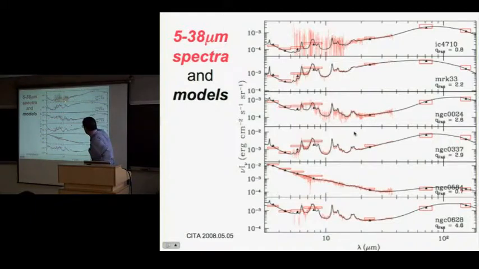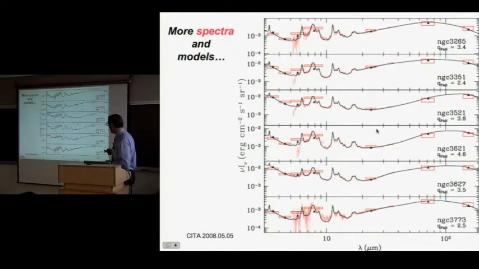The red symbols here, the vertical lines, are the IRS photometry from about here to here with the uncertainties. In some cases the uncertainties are big, in some cases they are pretty small. So the model is reproducing the observations quite well over a broad range. We're getting these PAH features right in galaxy after galaxy. By the time you average over a whole galaxy, the character of the PAHs is remarkably constant from one galaxy to another. Even though the PAH fraction varies, even though the temperature of the dust and the behavior of the continuum varies considerably,